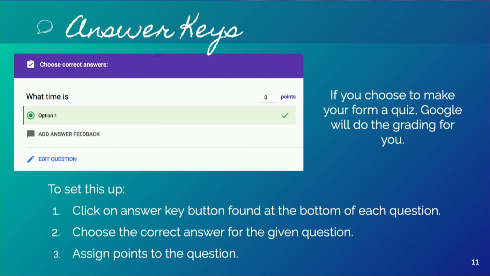Okay, we then talked about how to create an answer key, which again needs to be in quiz form in your settings before you can create answer keys. But as soon as you turn that into a quiz, that blue answer key icon will come up and you can go ahead and click on that, and then you can start entering your answers into the answer key and adding that feedback. Which again, is a wonderful way to differentiate and provide that extra help for students that may need it